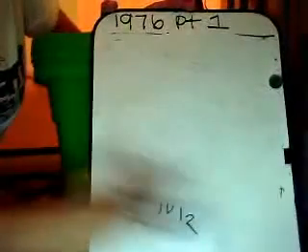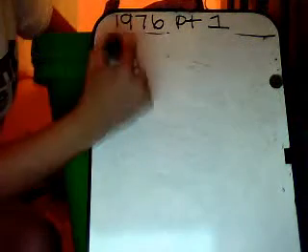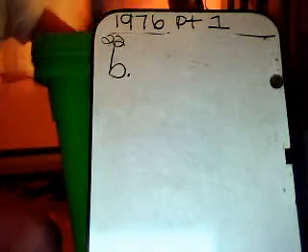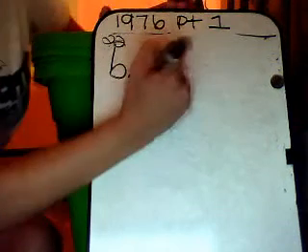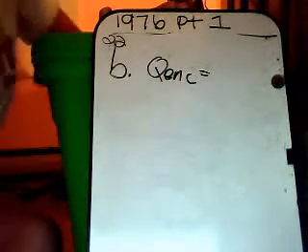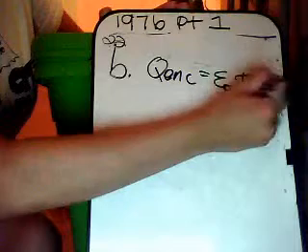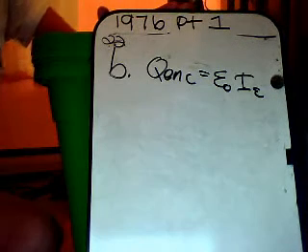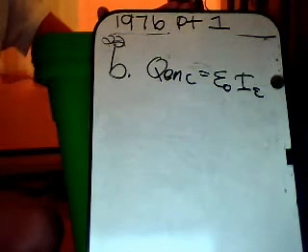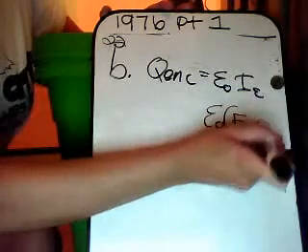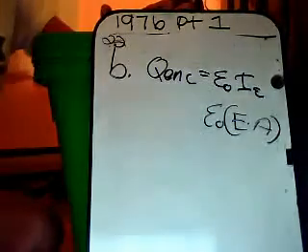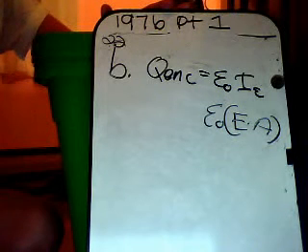Okay. Now, 22b. You have to use Gauss's law to determine the electric field. So you know that Gauss's law is Q enclosed equals epsilon naught times the flux, and then you know that flux is field times area, so because you need the field, it becomes epsilon naught times field times area, and because it's a sphere, the surface area of the sphere is 4 pi r squared,